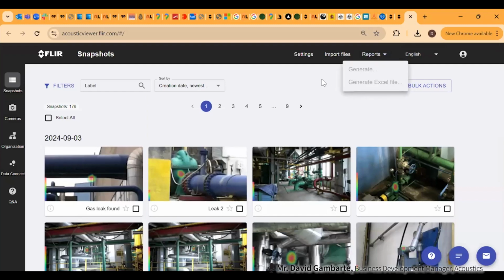This is the reporting. This is for generating PDF reports and Excel files. My colleague Crystal will actually talk about this. She will go through it, but this is basically one of the reporting tools that we have, auto reporting.